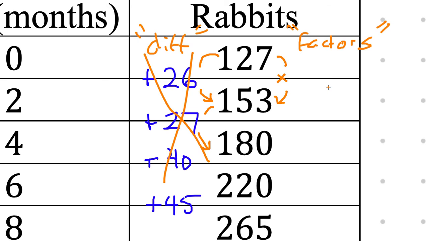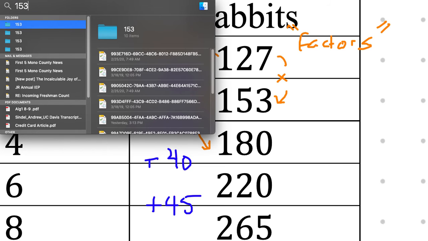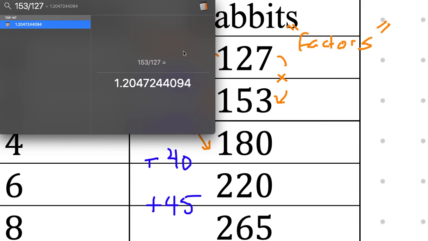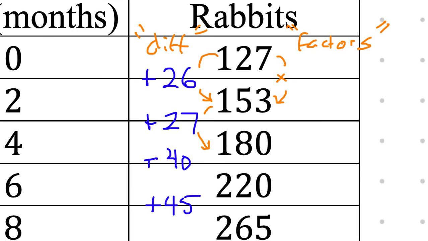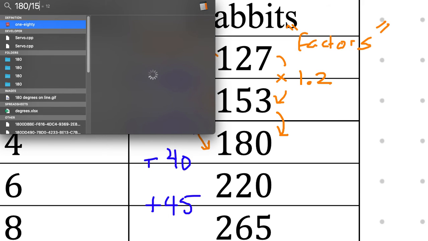Yeah, Esha, talk to us. So in the calculator, you should put 153 divided by 127. Yep, and we get about, I'm going to round that to 1.2. So our factor here is 1.2. What about this one? How would I find the approximate factor from 153 to 180? What would I do, Wyatt? Would you divide 180 by 153? You would indeed. And I get about